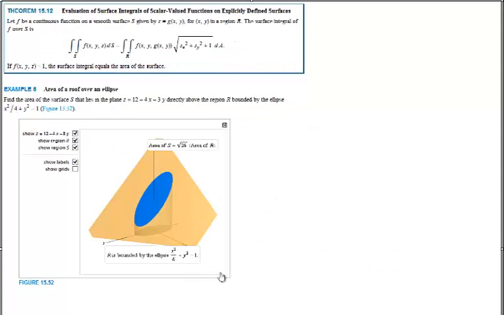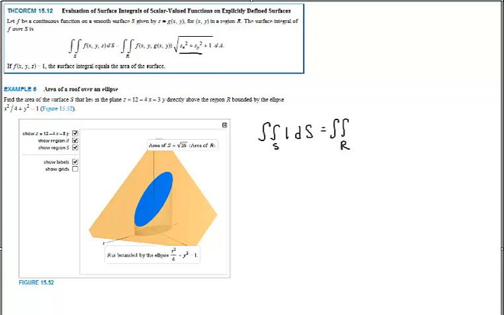Right, and setting this one up, notice how this is our evaluation of surface integrals for our scalar valued function. So this is what we have. We're going to need to know the partial of our z with respect to x, so I'm going to have this surface integral where my function is 1,